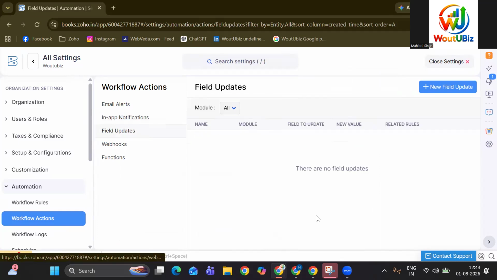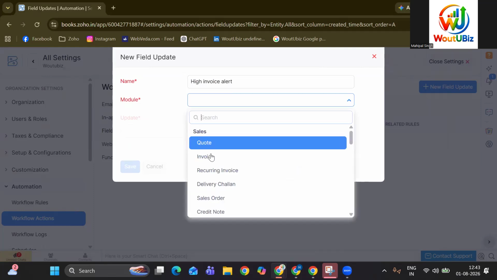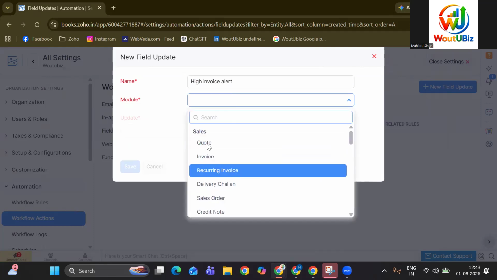Now, what does field update mean? Field update automatically changes the value of a selected field when the workflow is triggered. For example, you can see in this, for invoice or sales order, we have no field update. So I'm going to click on plus new. Here we have to provide the name. Again, I will provide the name as invoice. And in this module, I'm using quotation.